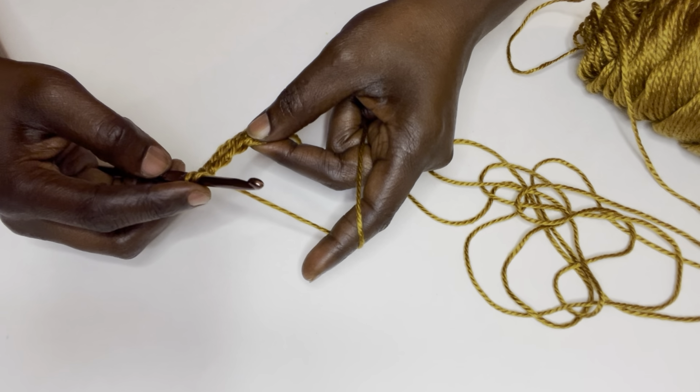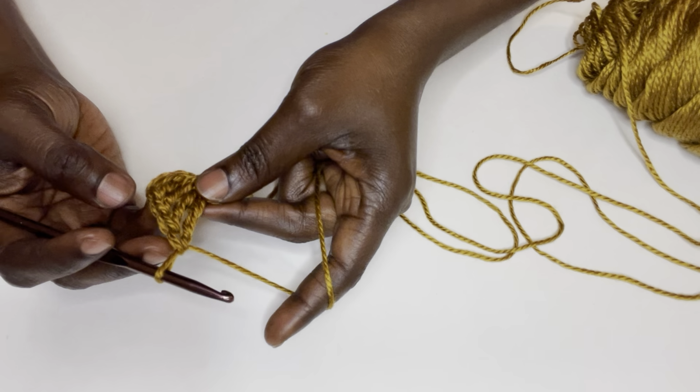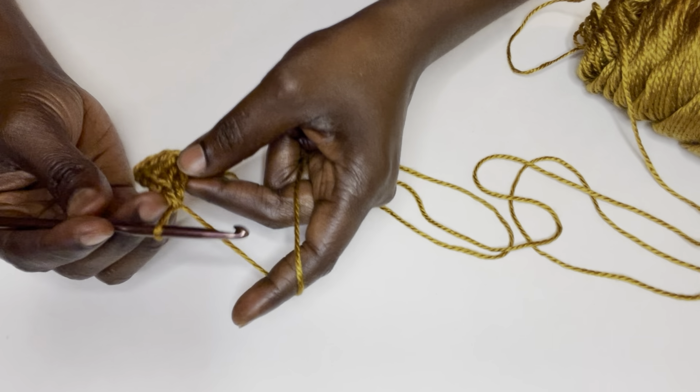Once again, your treble crochet is worked by yarning over twice, going in, yarn over, pull through 1, pull through 2, pull through 3. That's your treble crochet. Okay, so let's work a total of 8. That's 2, 4, 5,